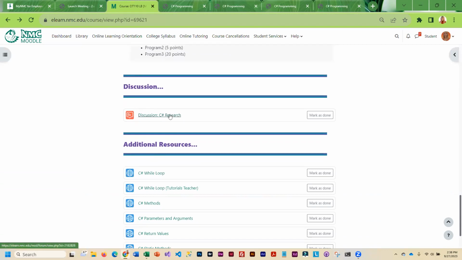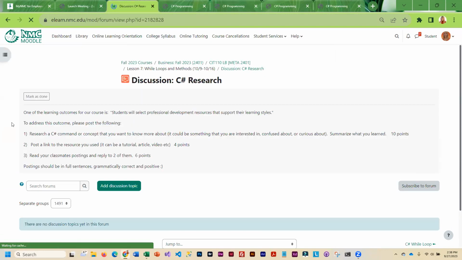For the discussion, you are going to do a little research. You're going to research a C# command or concept you want to know more about. You should pick something that you're either interested in learning more about or something that is confusing to you. A lot of students are confused about methods.